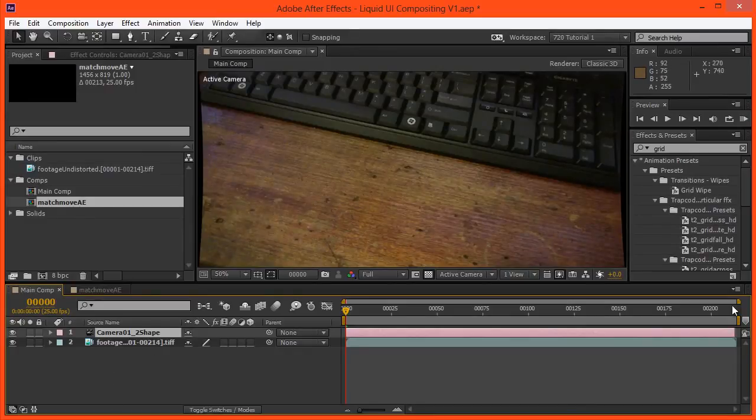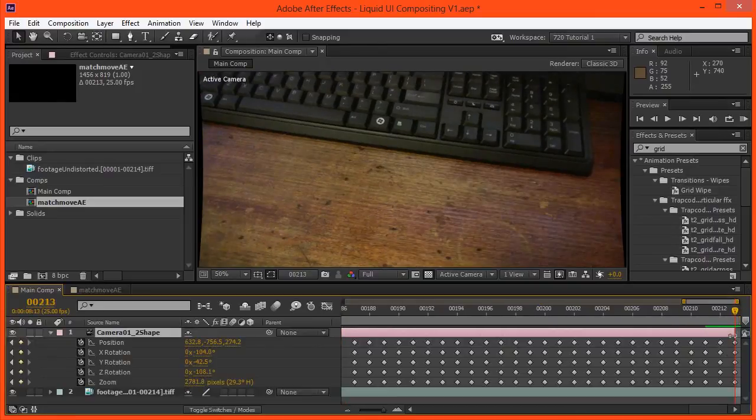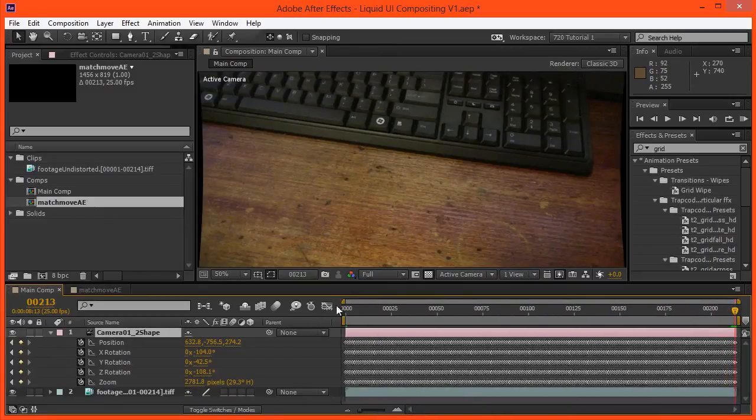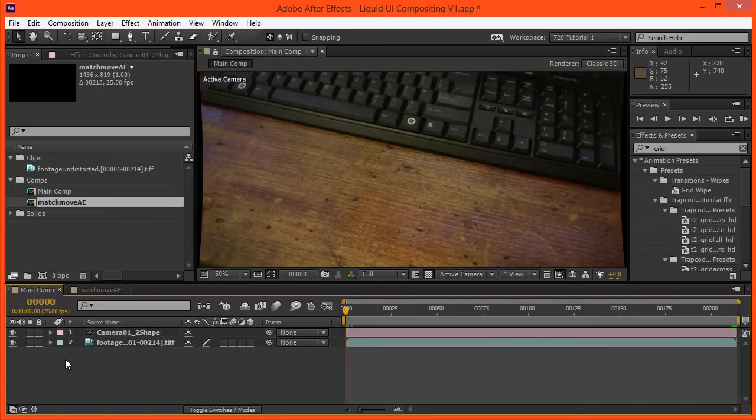And you'll notice that the camera is 1 frame short, and that's just because of the PFTrack export, but we can just extend that. We do have the keyframe, so that's all good. Alright, so once we have the camera in here, what we might want to do is just test that everything's